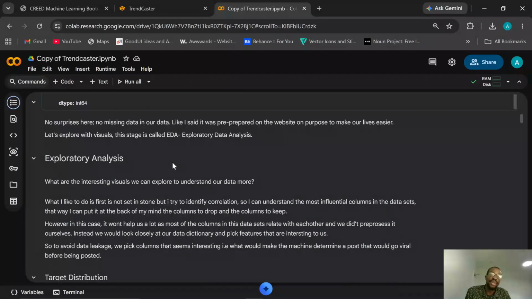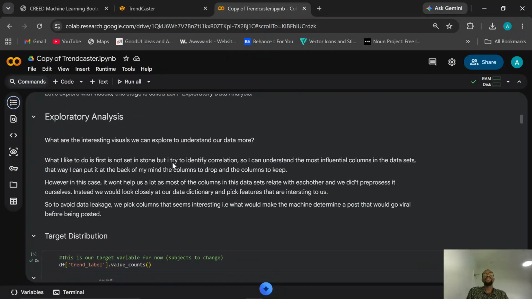So, exploratory analysis. I mentioned something really important here: when you're working on data, you need to really explore your data. There are always interesting things for you to see in your data. This is where exploratory analysis comes in. And then I made reference to Dora the Explorer, who was always curious.